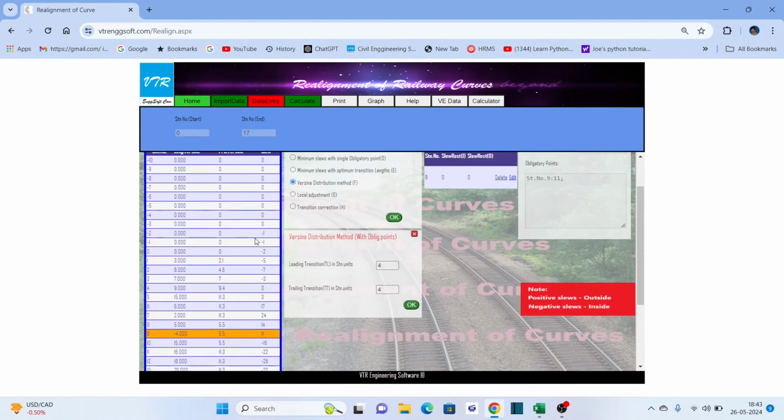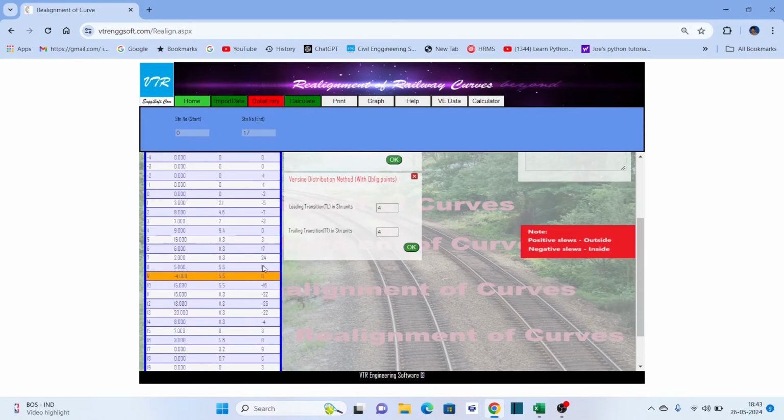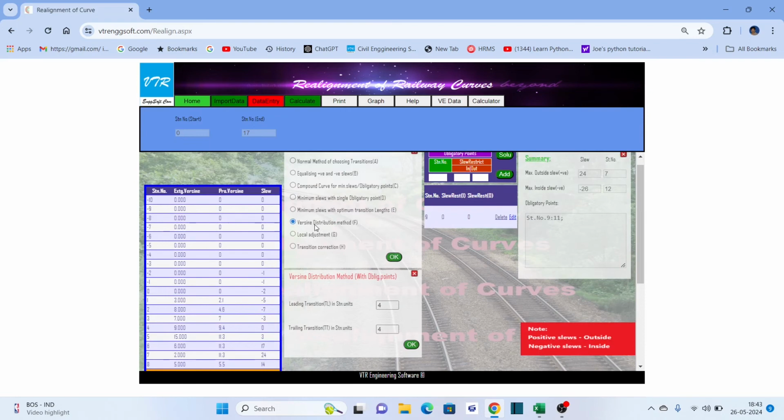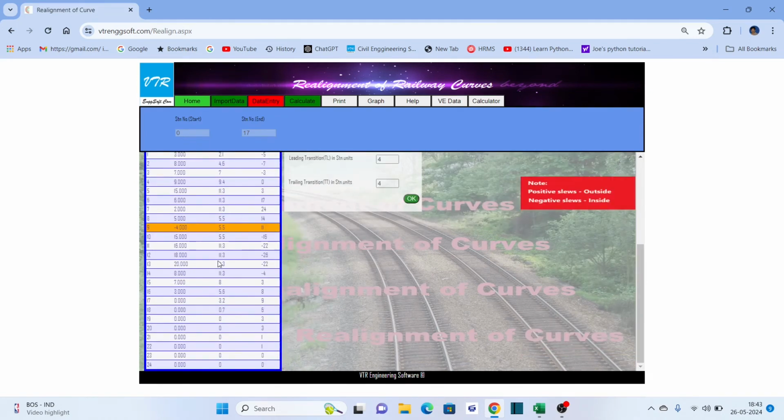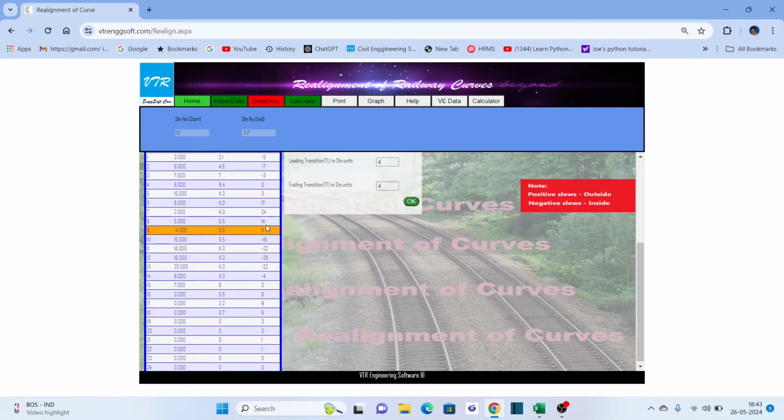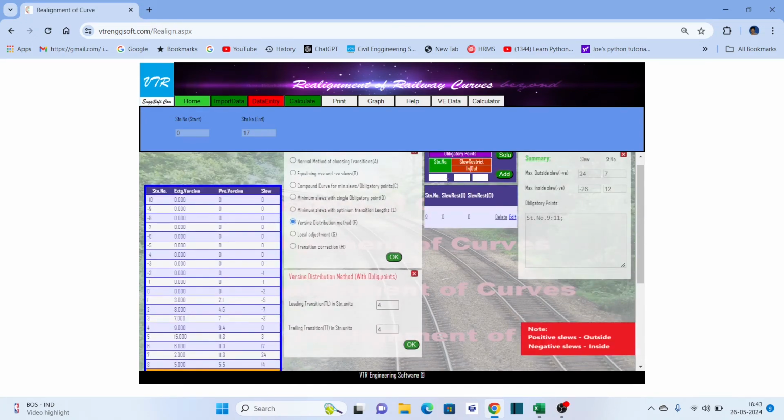This is something about the versine distribution. But when there is no obligatory point, it will be perfect. We will get the very minimum slews. But in case of obligatory points, we have to check whether the result is comfortable, whether it's okay or not. We have to see. Okay. This is something about it. Okay. Then